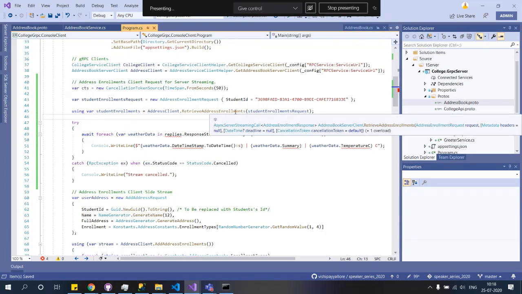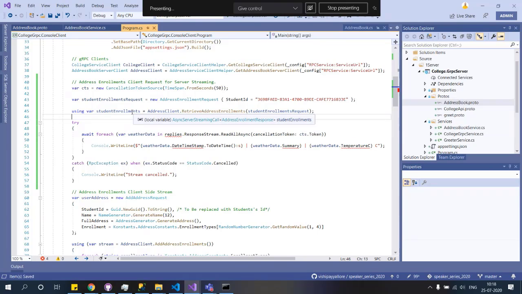If you see that, that's async server streaming. So here we are getting the server streaming. It's not complex. Let's make it very simple. This we call student enrollments. This we call a student enrollment. For each of the student enrollment, what we need to do is write the information.